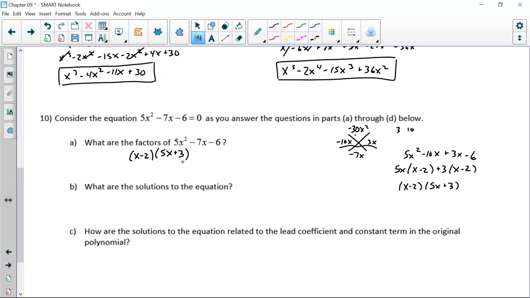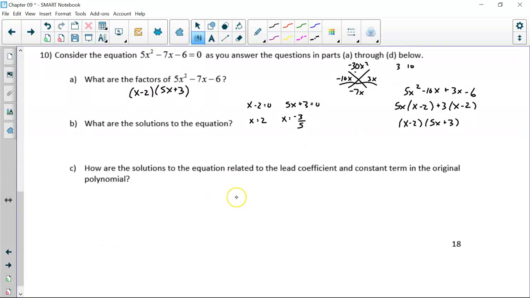Now our solution: set the factors equal to 0. X minus 2 equals 0. 5x plus 3 equals 0. So x equals 2, and x equals negative 3/5. Now, how are the solutions related to the leading coefficient and the constant? Now, the leading coefficient is a 5, and the constant